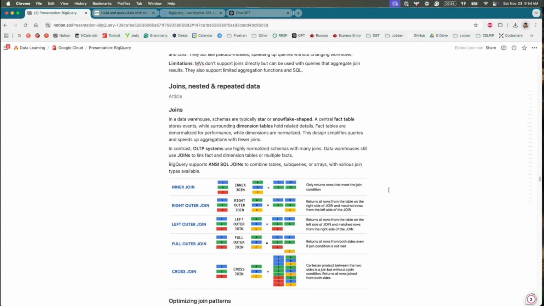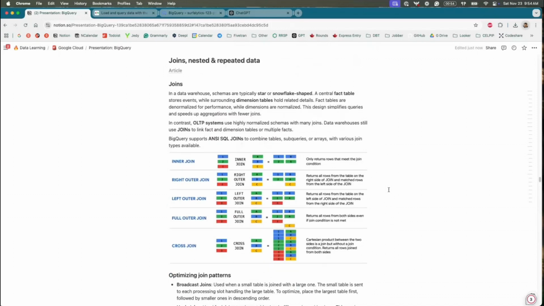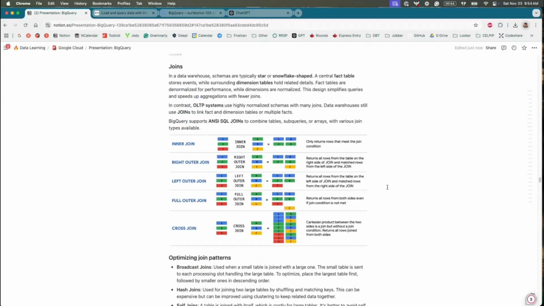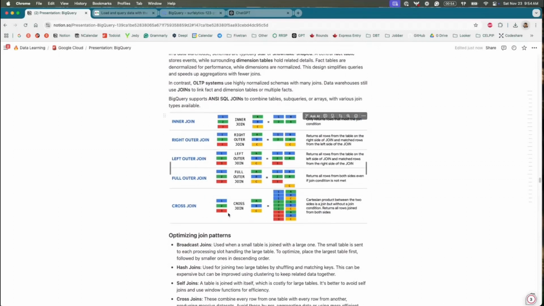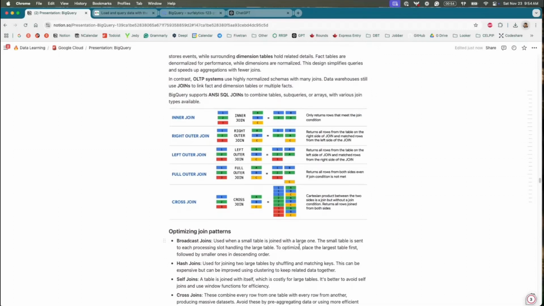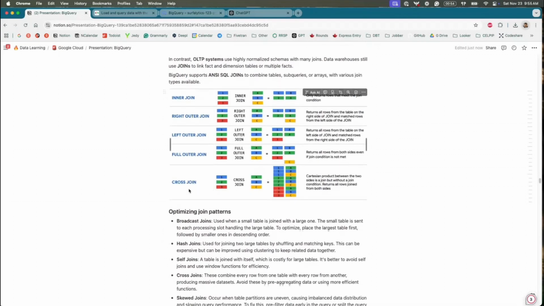Another topic is joins and nested and repeated data and maybe some more complex data types. I think you all know different types of joins, like inner, right, and left. Maybe we can just once again, for those who don't know, cover cross join and what is the difference between, I don't know, a full join and a cross join. The full join, we have two tables, and each joins